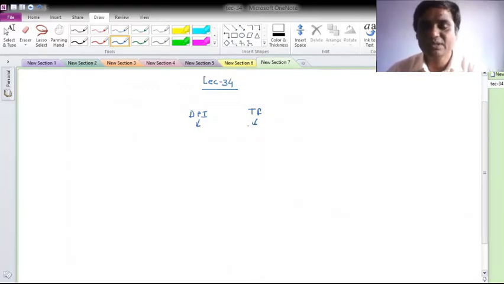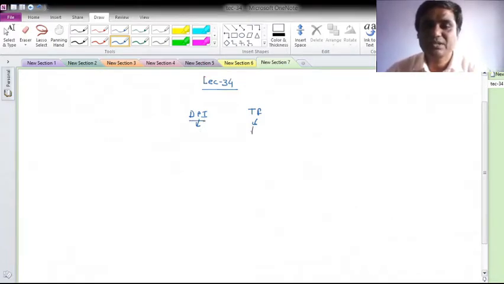If we are taking two different terminals, then whatever we obtain, that network function is defined as transfer function. And also we have seen that if we take it from the same terminal, then I will assume it as a driving point immittance, and it can be categorized into driving point impedance and driving point admittance. That's why the name is driving point immittance.